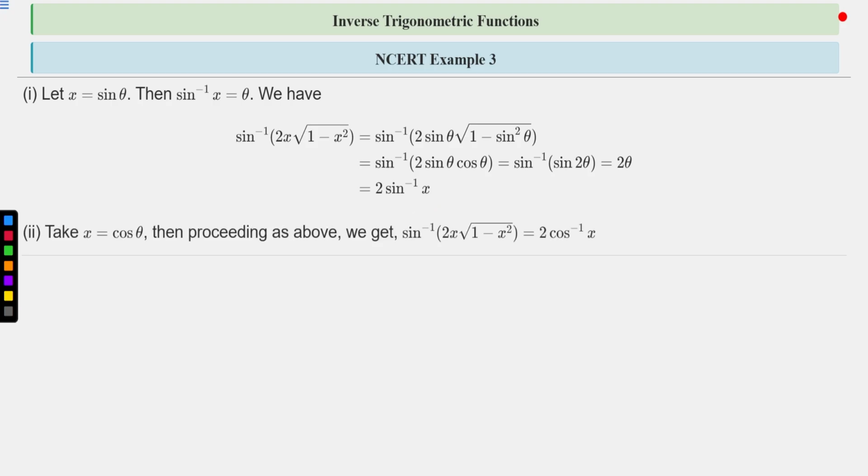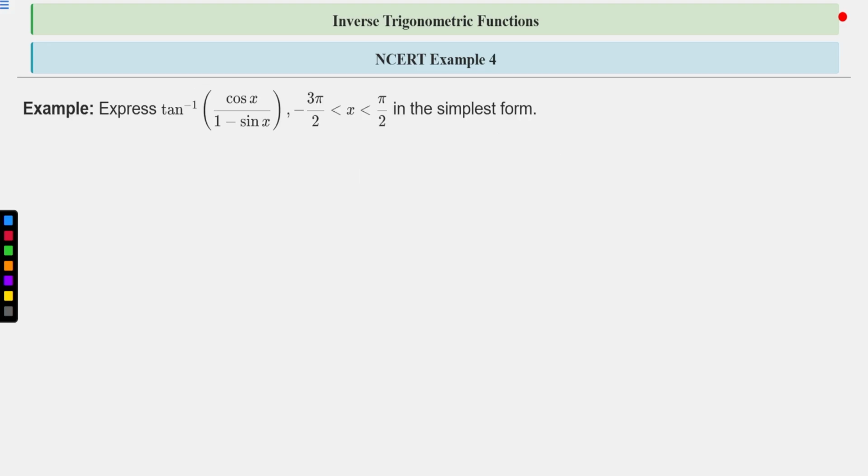And similarly, by taking x equal to cos theta, as we have proved, we got sin inverse 2x root over 1 minus x square is equal to 2 cos inverse x. Got it? Okay. So NCERT example 4, you have to express tan inverse cos x upon 1 minus sin x,